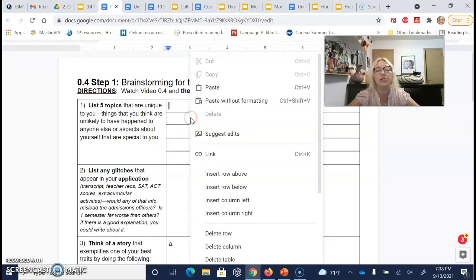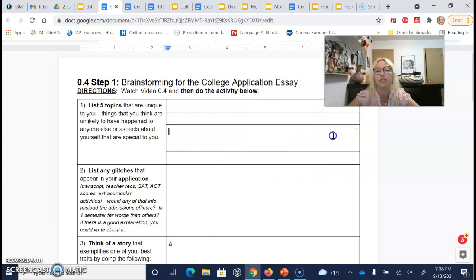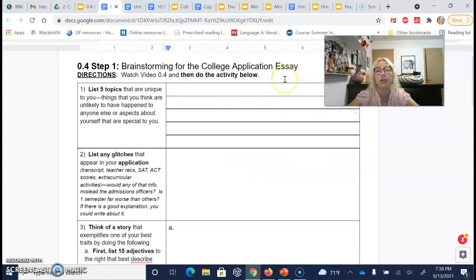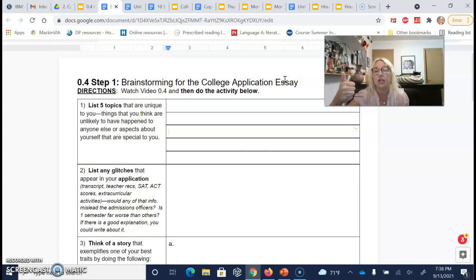So if I were to talk to the Michelle of 1991, I would say, oh my gosh, you have so many good things you could write about. You could write about the fact that you have grown up with your oldest brother who has severe cerebral palsy, and that you've helped take care of him all of these years. That would have made a great college application essay if only I would have known. Other things that are different from other people. I was raised in a really strict, fundamentalist, Baptist, evangelical kind of family situation.